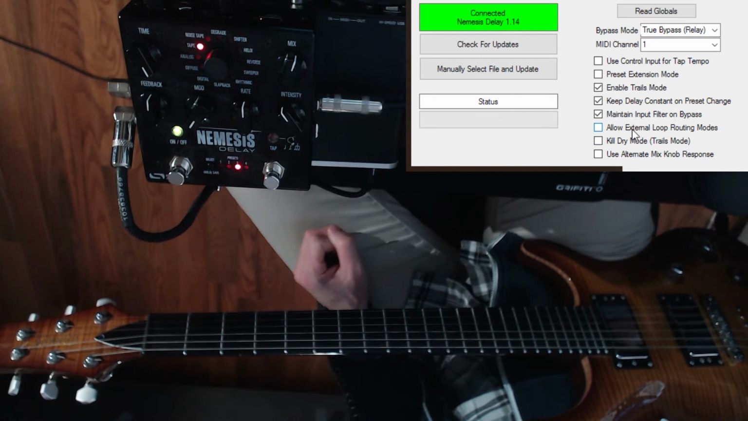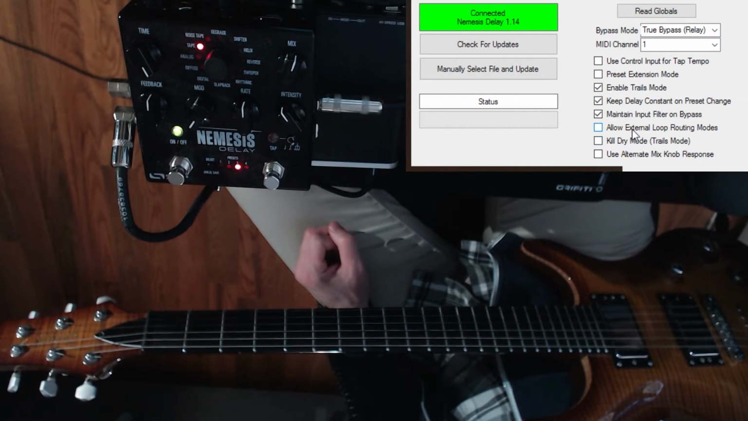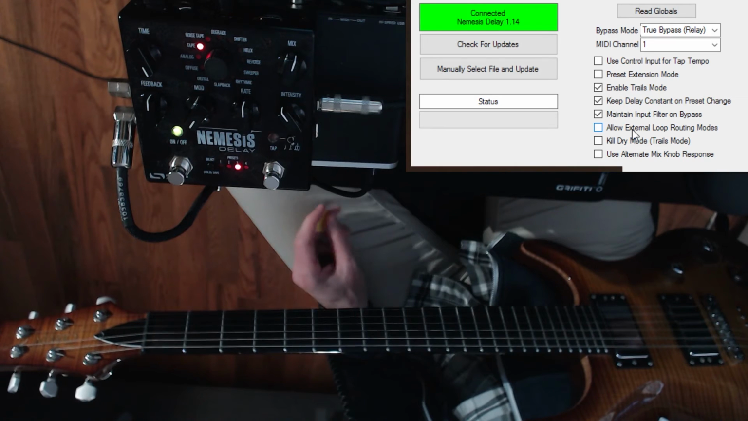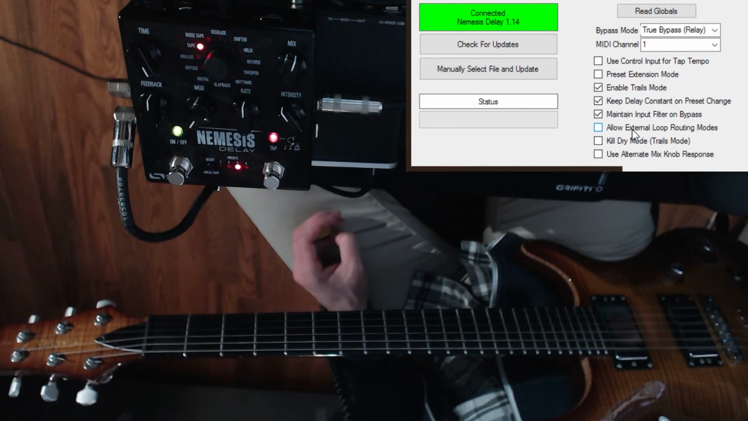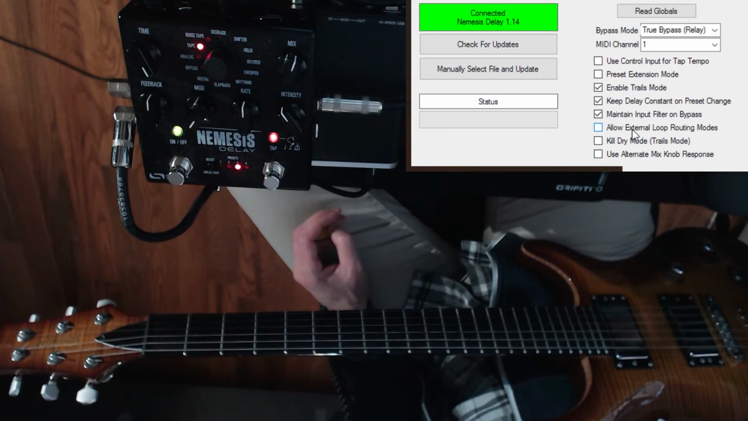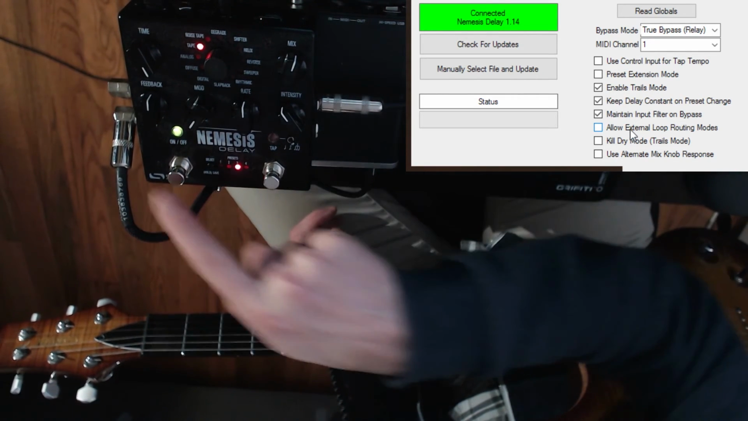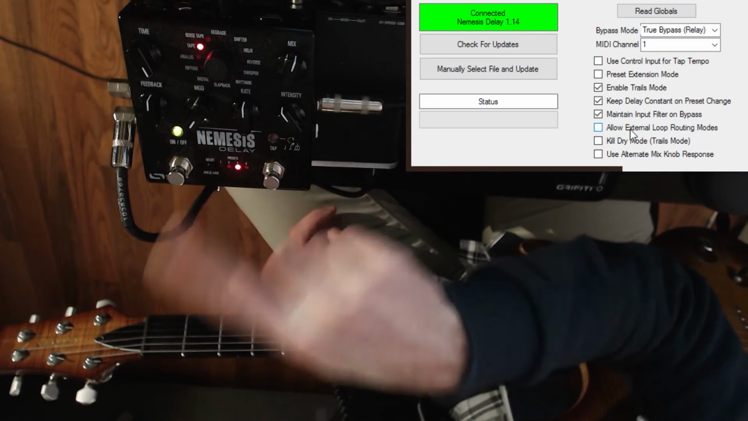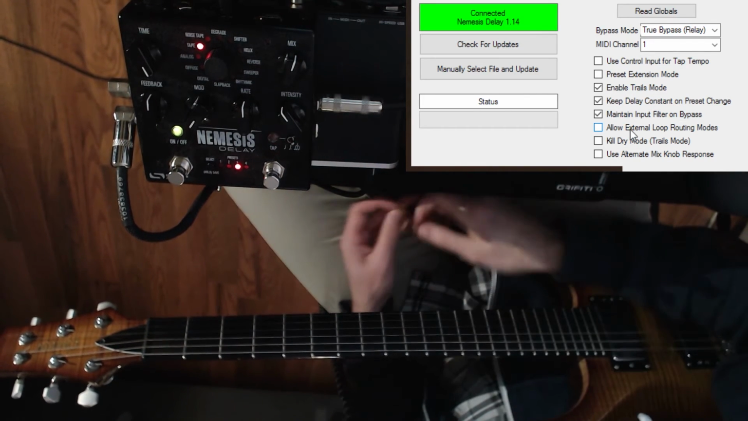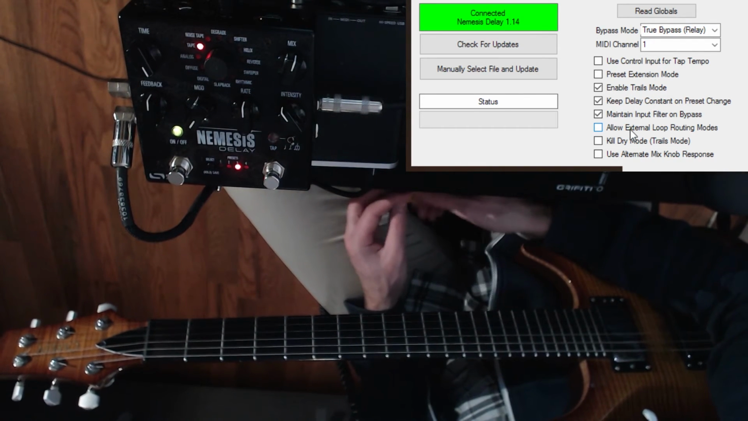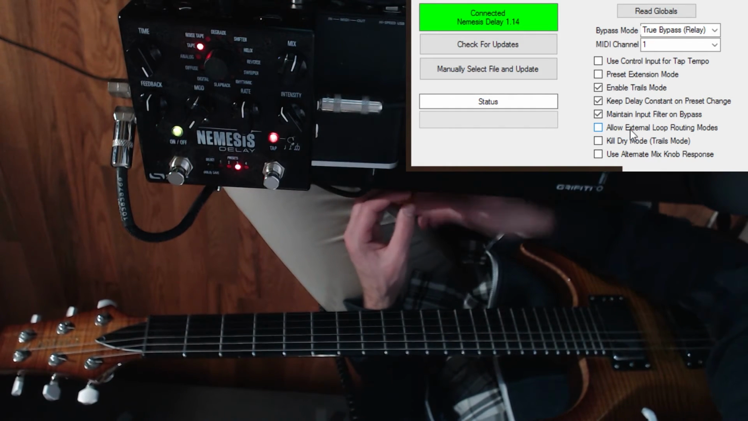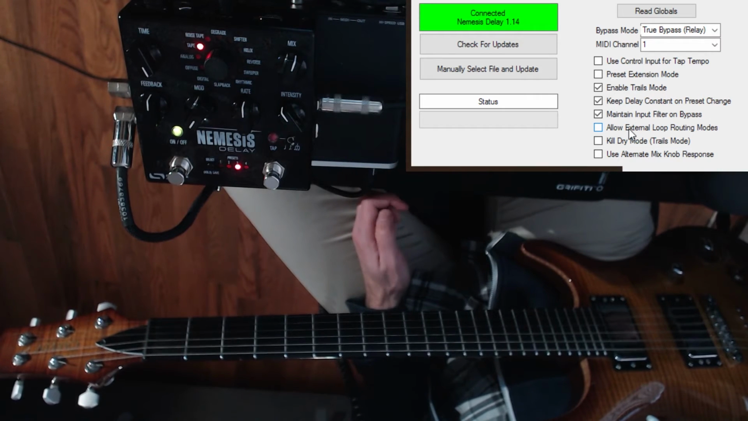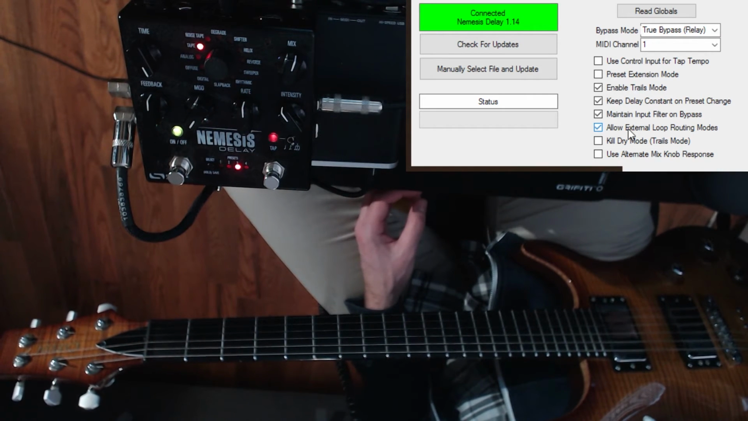we have something now called Allow External Loop Routing Modes. This basically, if you are using the app to set up the I/O routing mode to something using an external loop, where it uses input 2 and output 2 to maybe patch an effect into the delay line or something like that, we basically have required now that you turn on this switch, Allow External Loop Routing Modes, because